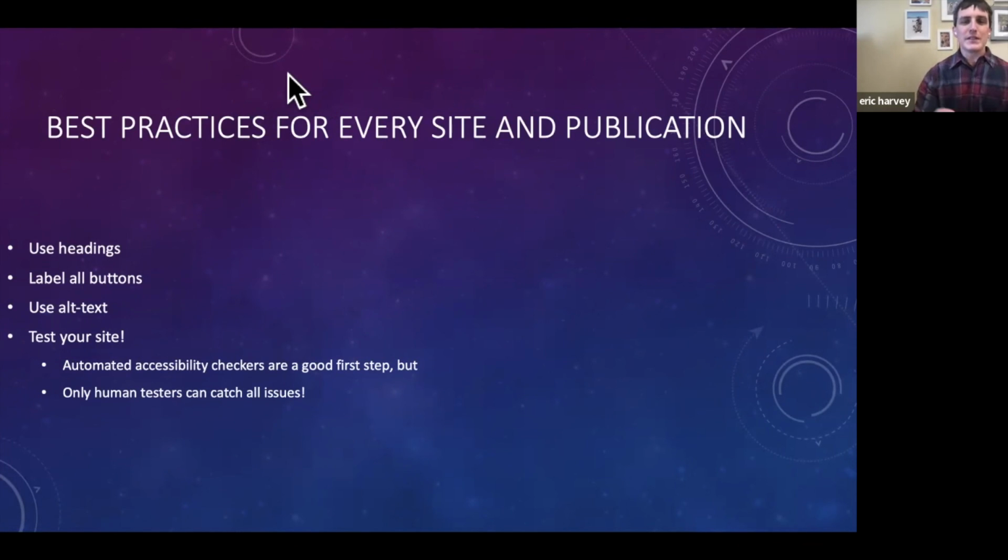All right, so some best practices associated with those core principles for every site and publication you come up with. And keep in mind what I said about thinking accessibly, which is responsible ontology. Things need to know what they are, and things need to know what they do. So one of the best things you can do to help people with visual impairments navigate digital resources is to use headings.